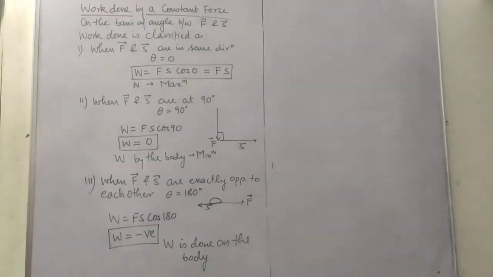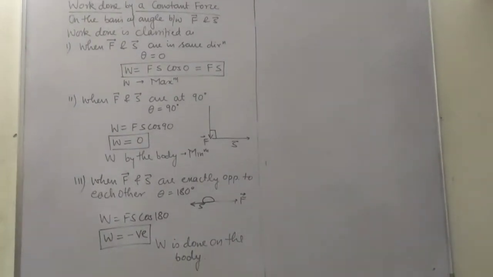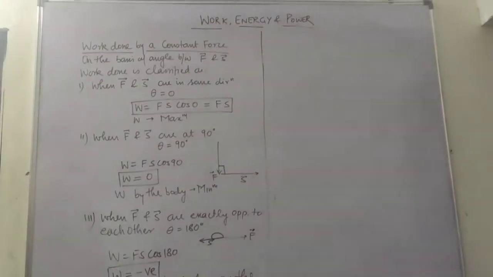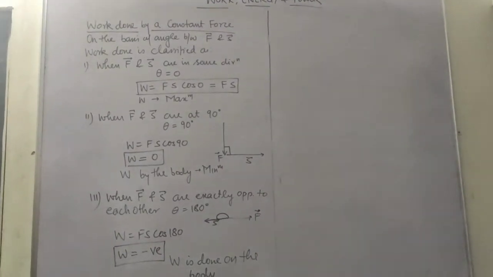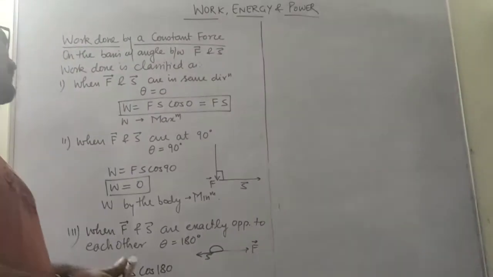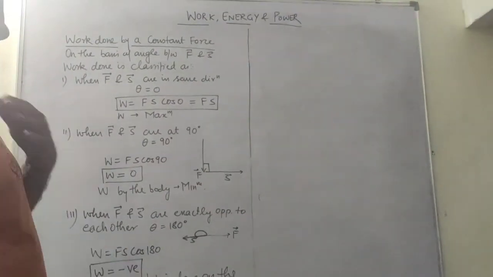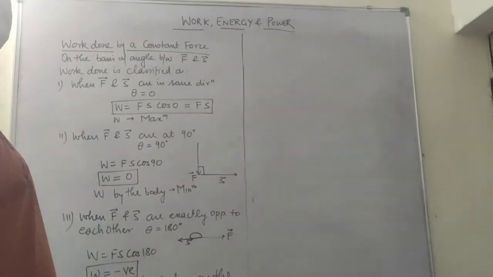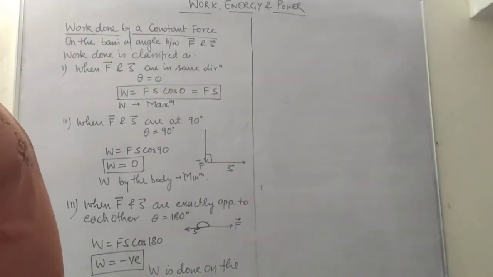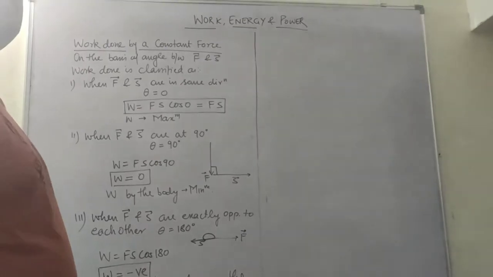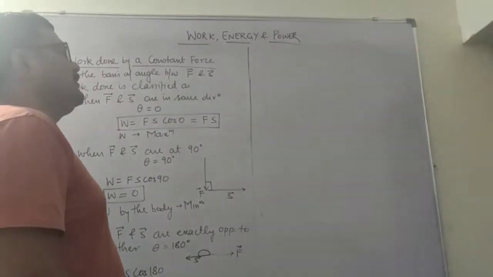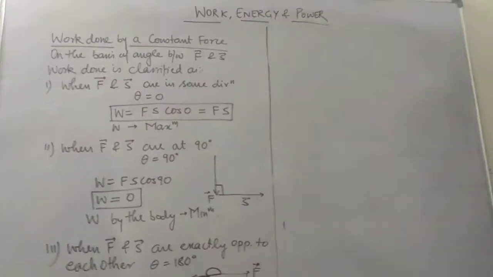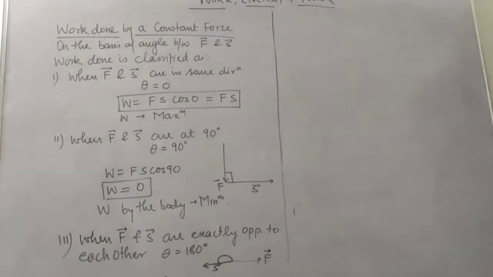If your mother is making some food for you, you will say that she is not doing work. Or your father is going to office and returning back to the same point, you will say that net displacement is 0. So work done will be 0. But your father is going from morning to evening for work, but net work done is 0.